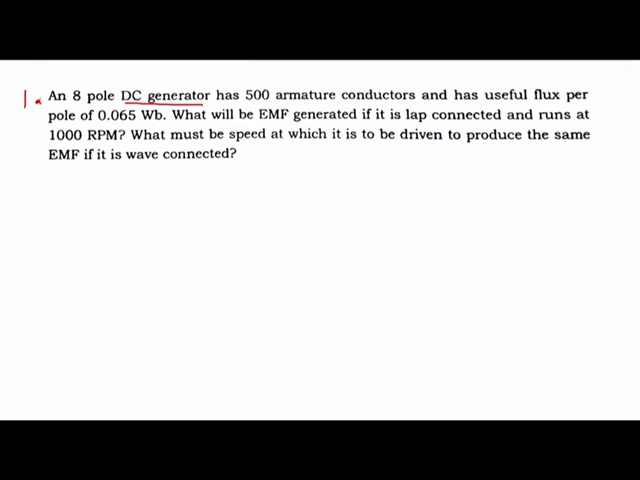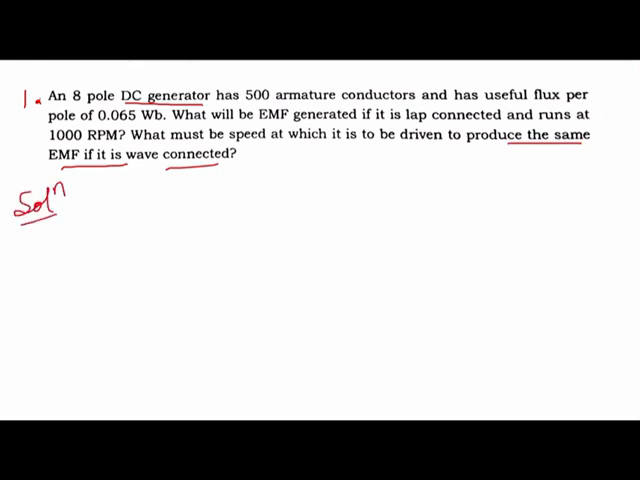An 8-pole DC generator has 500 armature conductors and has useful flux per pole of 0.065 Webers. What will be the EMF generated if it is lap connected and runs at 1000 rpm, and what must be the speed at which it is to be driven to produce the same EMF if it is wave connected? So first, to solve this,